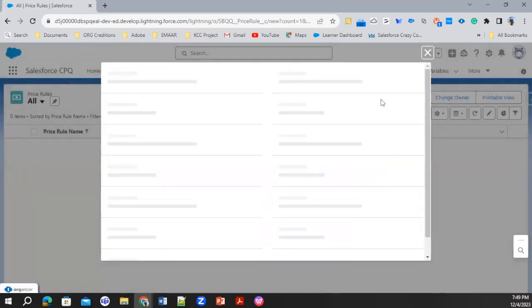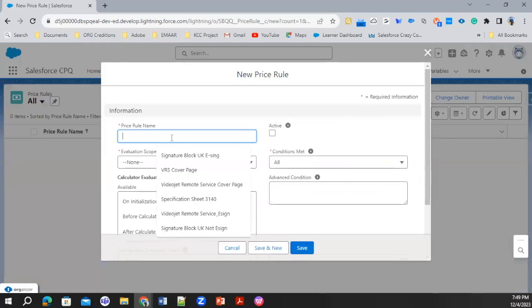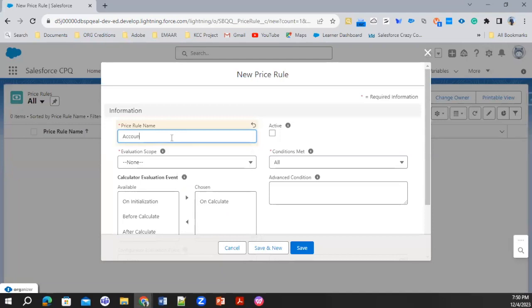Click on new, and I will give the price rule a name. A price rule is what you use when you have to perform complex logic or complex rules, with multiple conditions, so we can define it in that manner. Account